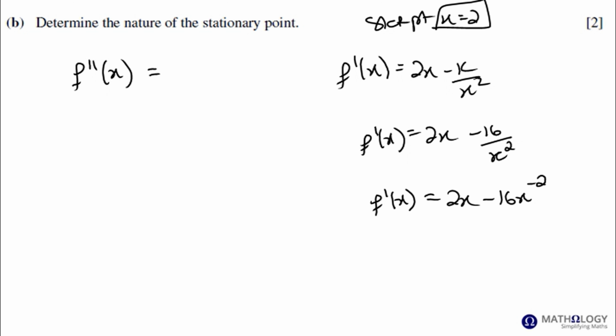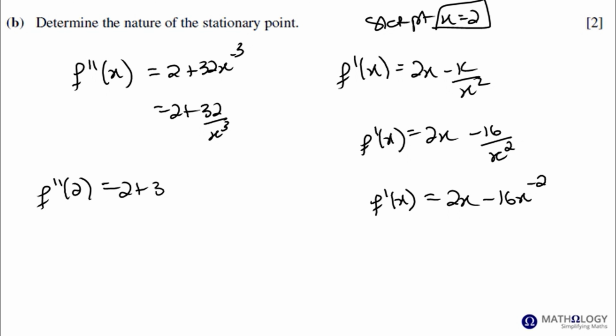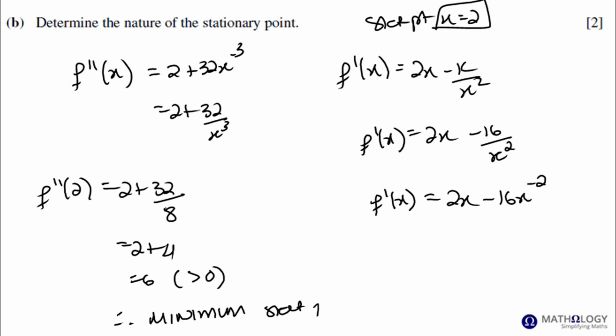So f double prime x, the second derivative, equals 2 plus 32x to the minus 3, which is 2 plus 32 over x cubed. And we need to know what the nature of the stationary point is. The stationary point occurs where x equals 2. So f double prime 2 equals 2 plus 32 over 2 cubed, which is 8, so 2 plus 4, which is 6. The calculation doesn't matter because we can see it's positive. It's clearly greater than 0. Therefore, we have a minimum stationary point